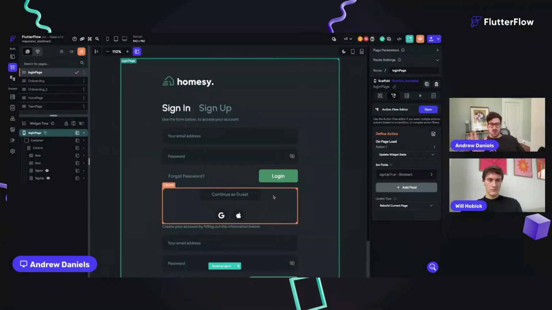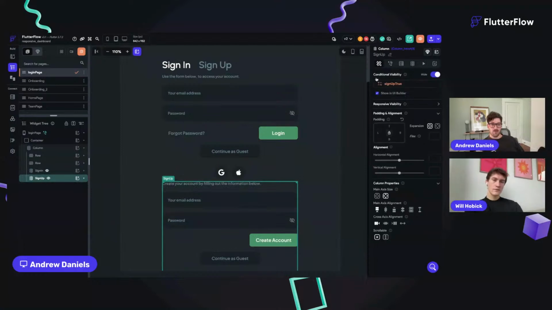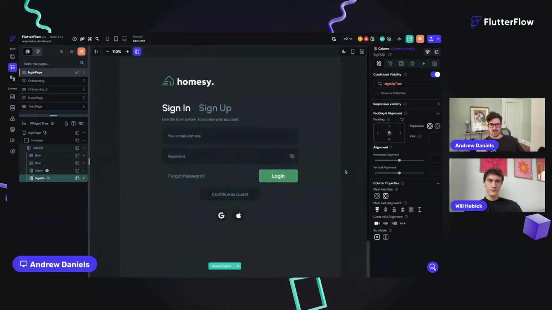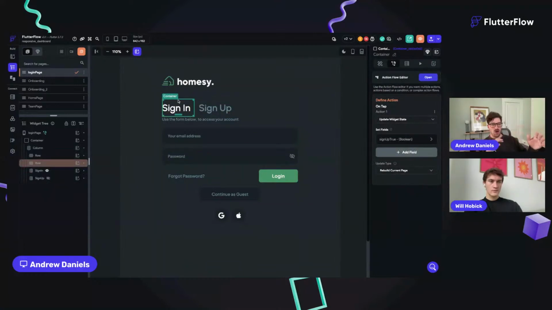So what we've done is we've made both of these columns conditionally visible based off of a page state, right? And again, not an app state, a page state. So it's just affecting this page. No need to update the entire app. And then we've made these containers toggle the page state on and off, right? We're changing that, and we're going to update this here. So if we come over,